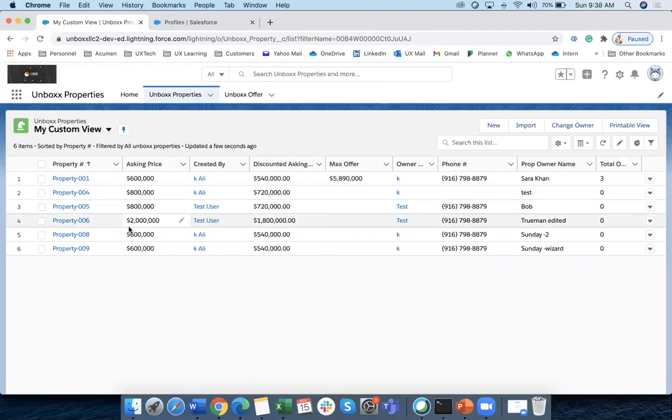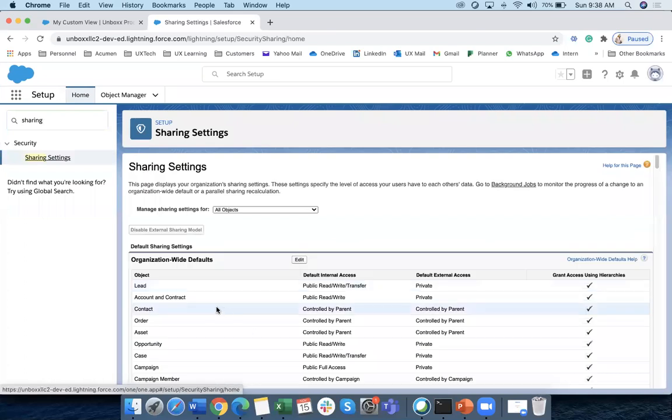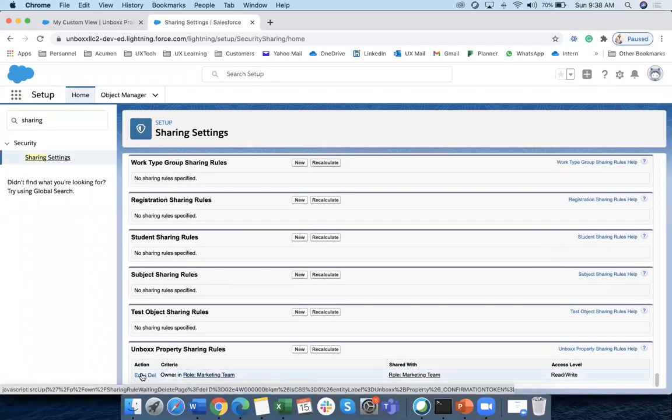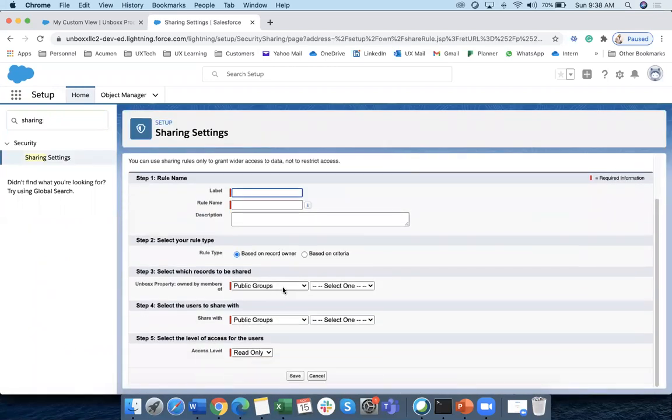because we don't have any additional users, it's a little bit tricky to test this thing out. But anyways, if I go back to our sharing settings, the main idea is that we go to the sharing setting, we create a new one, and then what we are doing is assigning all the records from a particular role or a public group,